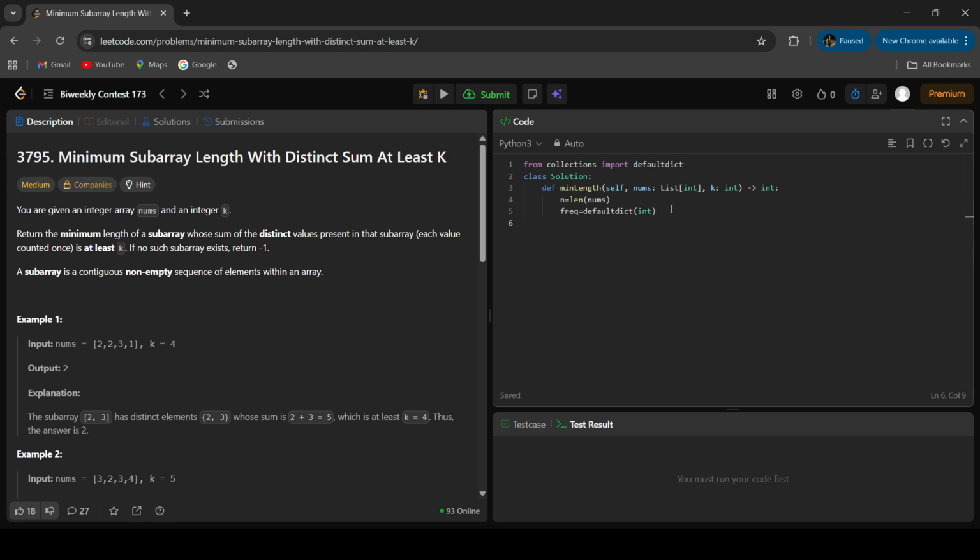Now we can simply put our left pointer at the first index, left is equal to 0. We are using the concept of sliding window here. Now we can create a variable known as distinct sum is equal to 0, and we put answer is equal to float infinity. Currently we have to store the minimum, that's why we keep the maximum at first. Okay, so now for right in range n,